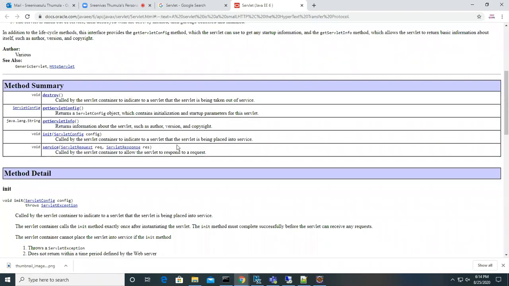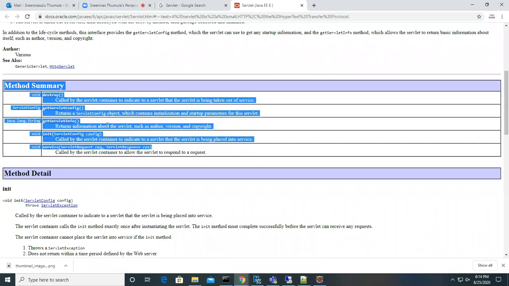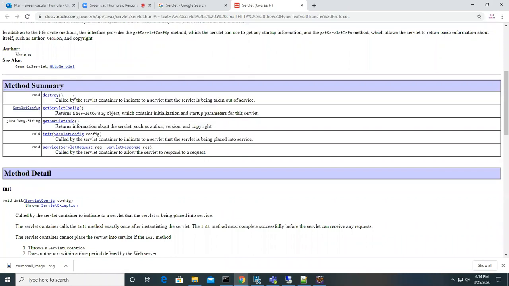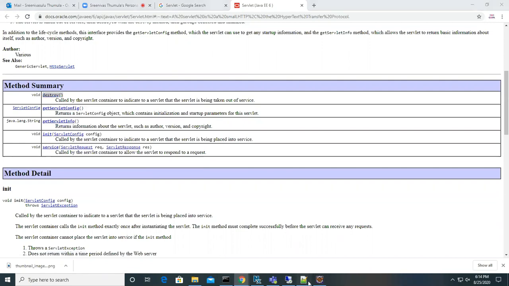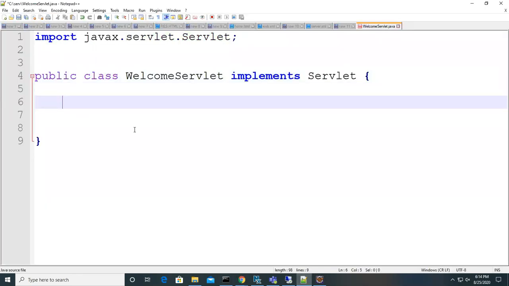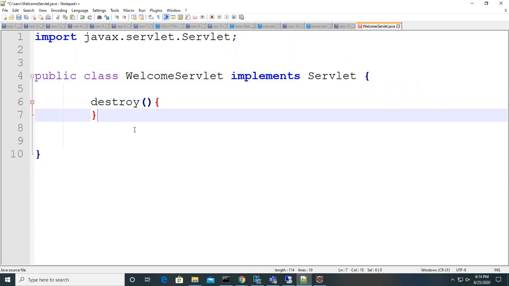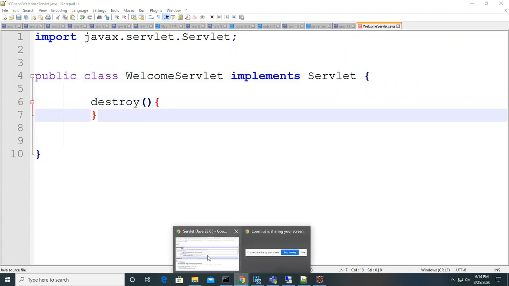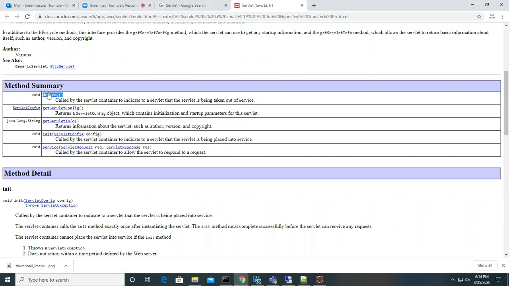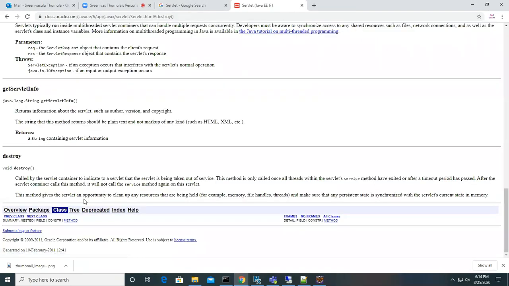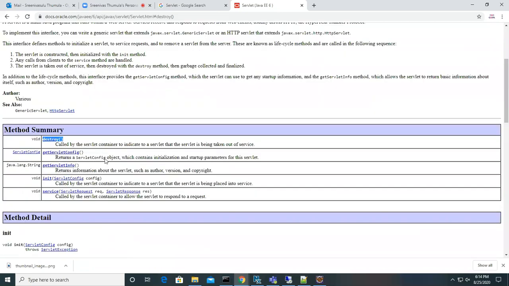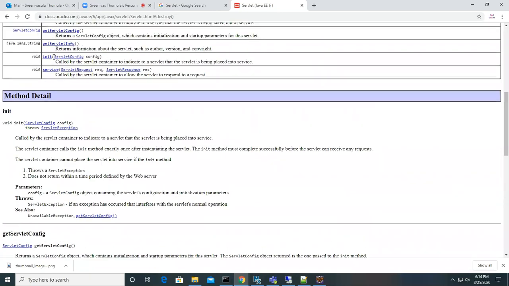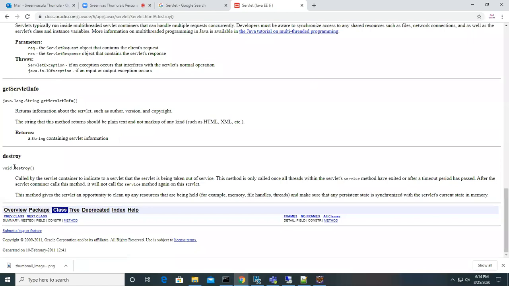So what do you have to do now? Let's try to implement all these methods. Let's try to implement them with empty implementations. Okay, so destroy. If you click on the destroy method, okay, here it is.